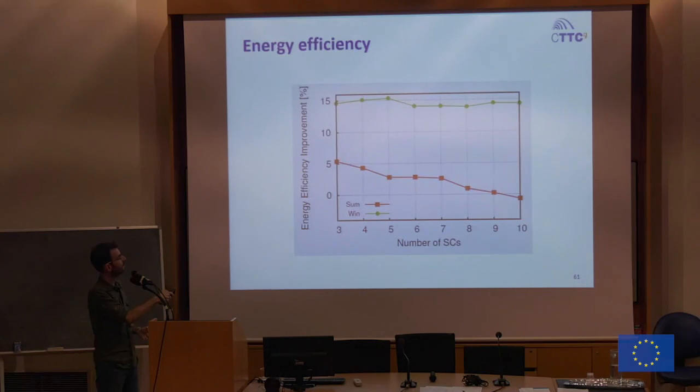And we are comparing with this greedy algorithm that I described before, and during the winter period we are increasing the energy efficiency of the system a lot, but during